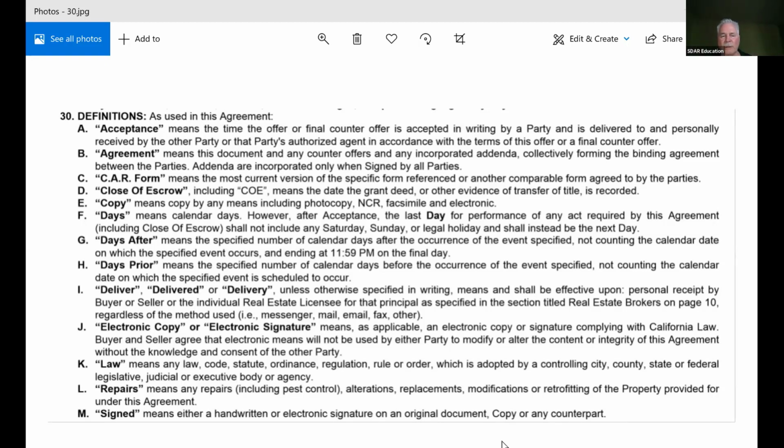I had a property I just sold up on Palomar Mountain. I don't think the buyer ever saw it. Yeah, sure. I don't have a problem with that. But here's a good point. And remember, I've been teaching the law class for almost 20 years now. And I tell them, pretend like your client is coming from Pennsylvania. So when you write the offer, or when you do a transaction with someone that you're working with maybe for the first time, assume they have no idea what goes on in California. Just like the story I told a minute ago, where the New York real estate agent assumed that the laws of New York applied in California, in Orange County, right? Good luck.